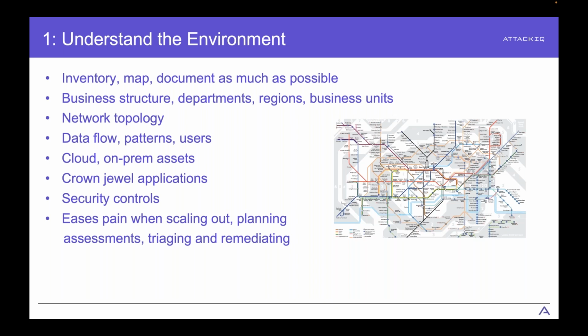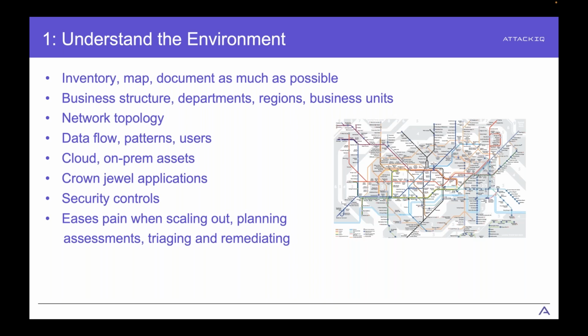Then you have things like your data flow patterns, whether that's from cloud to on-prem, or from some critical system over to a third party. Obviously, supply chains are factored into that as well. Then we have things like where your assets are, whether you have a cloud-first initiative, a blend or hybrid approach of both cloud and on-prem, or perhaps it's even just all on-prem.